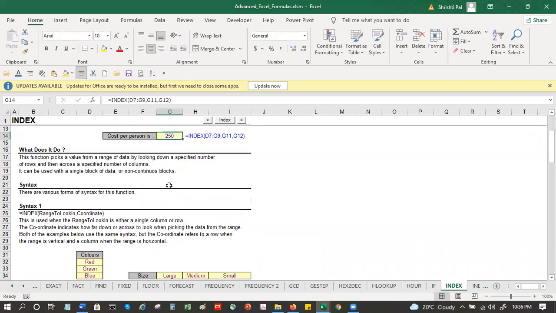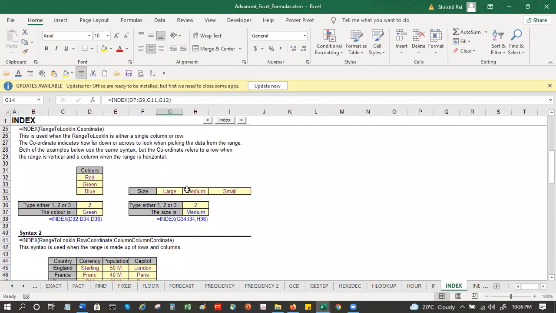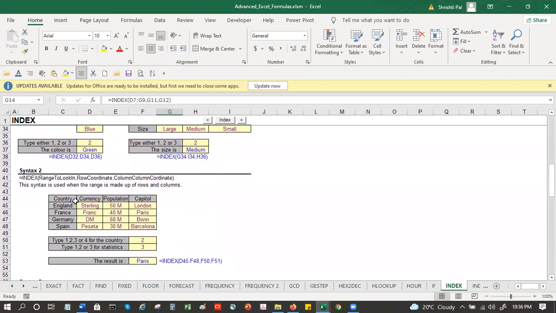Here's another example: red, blue, green, different sizes, large, medium, small, and you can type and get the values. Currency, country. Examples.